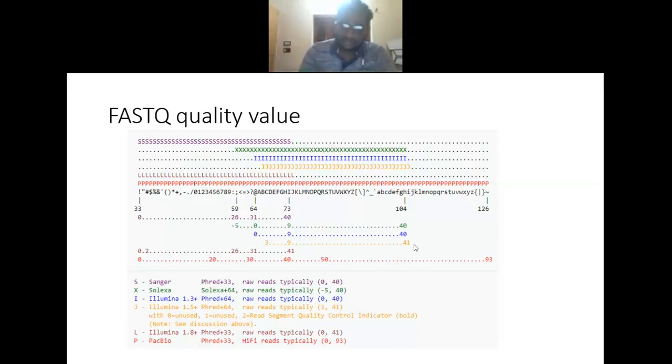So for Solexa, the Phred quality score can also be negative, is it? Yes, so Solexa can go to -5. Okay, so we have seen how the different types of encodings are used